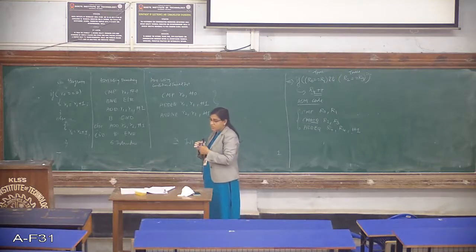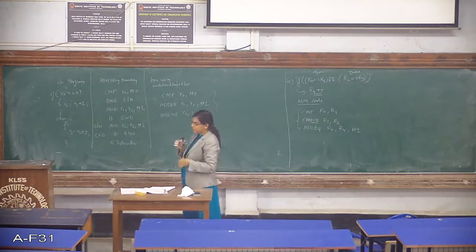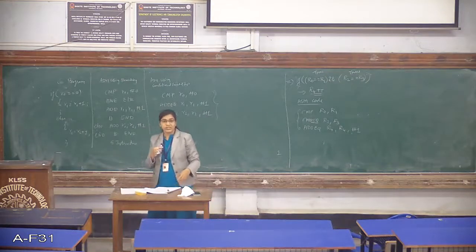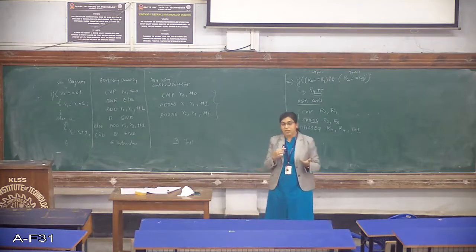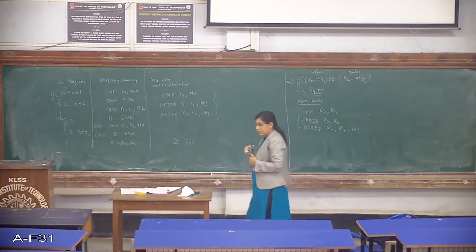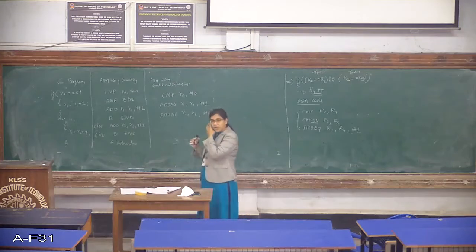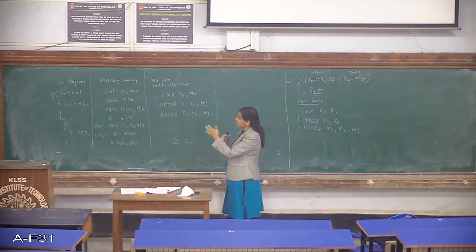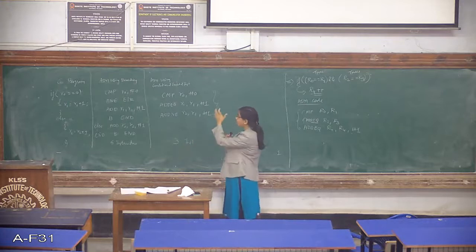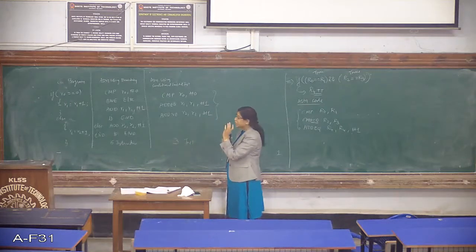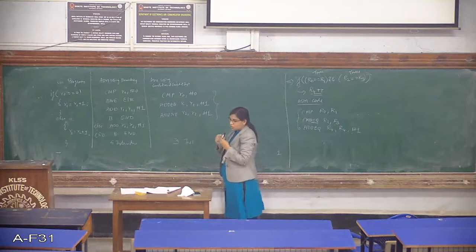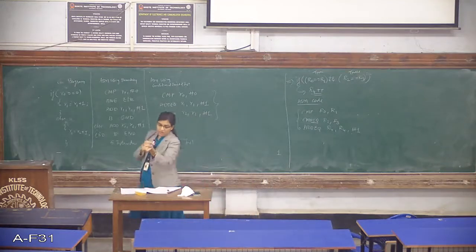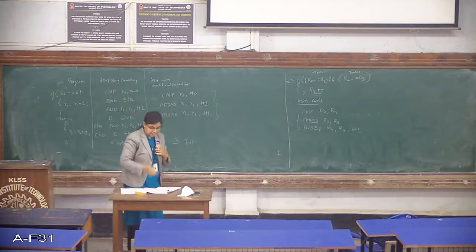Okay, so this is the most important advantage we have in the ARM processor: most of the instructions can be conditionally executed. This is a simple program. I just wanted to show you the comparison of how you use a branch instruction and how you use a conditionally executed instruction. Both are going to yield the same result as the C program you have written. We'll take a few more programs in the next class.